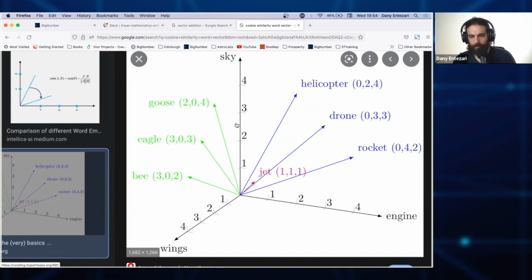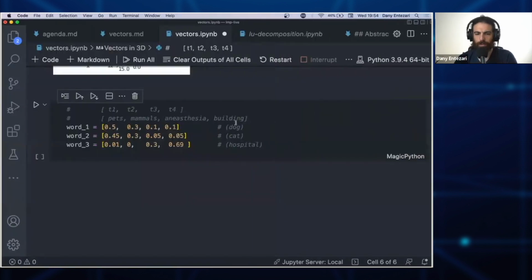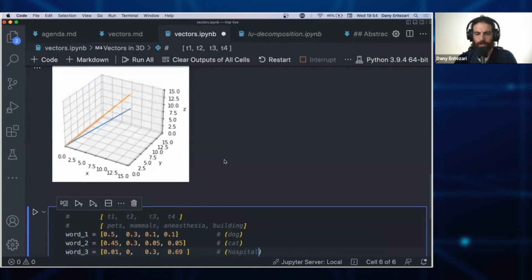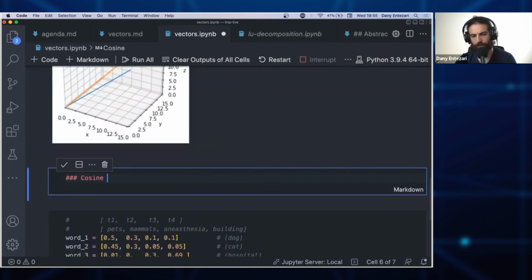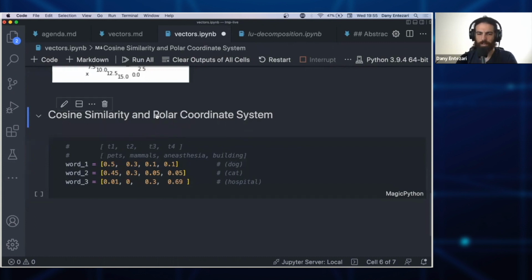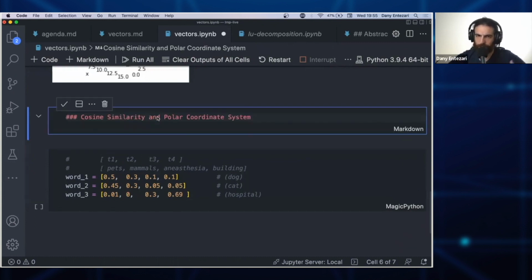In order for us to plot vectors like this, after having calculated their cosine similarity, we need to talk about the polar coordinate system. So let's first talk about the first prerequisite. This is going to be about cosine similarity and the polar coordinate system. And this will be a foundation for other topics that we'll be covering in this course, but later on even